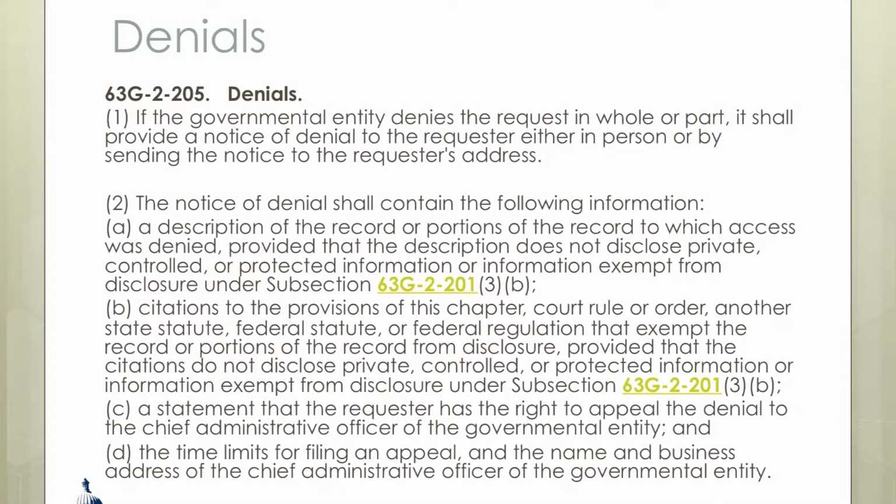Okay. So if we are going to provide the record, then we might be charging fees, but the second possible response is to deny the record. And so if a governmental entity denies the request in whole or in part, it shall provide a notice of denial to the requester, either in person or by sending a notice to the requester's address. And then this notice of denial shall contain the following information, okay? So you're going to go back and provide a description of the record or portions of the record that you're denying access to,